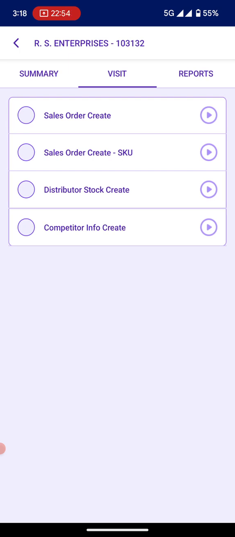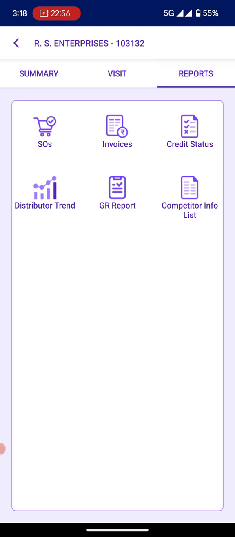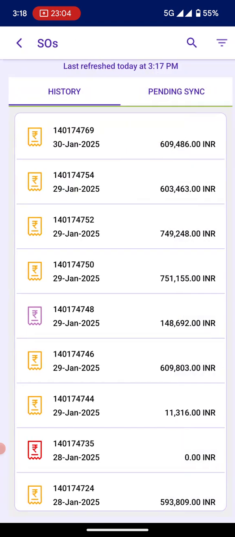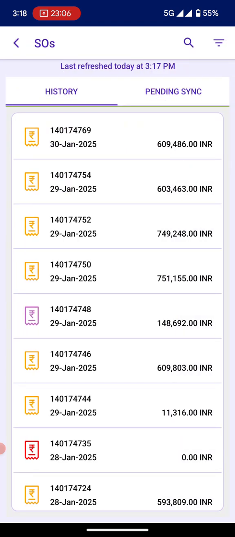Now when we go to the reports, there is an option of SOS, invoices, credit status, distributor trend, GR report and computer info list. Now I am clicking on SOS. Here all the created orders will be showing and their details.